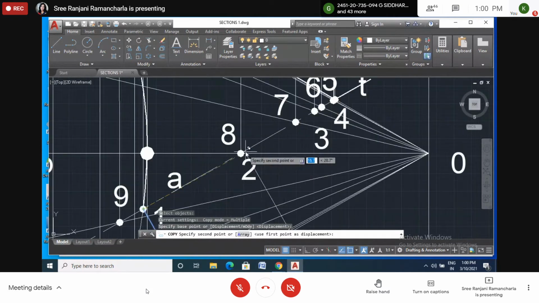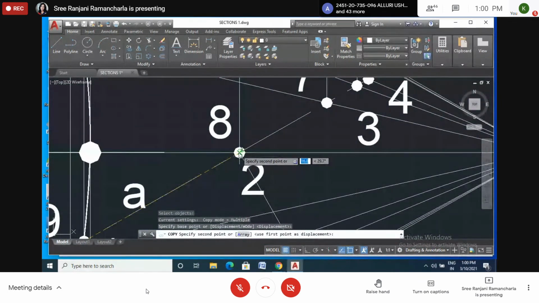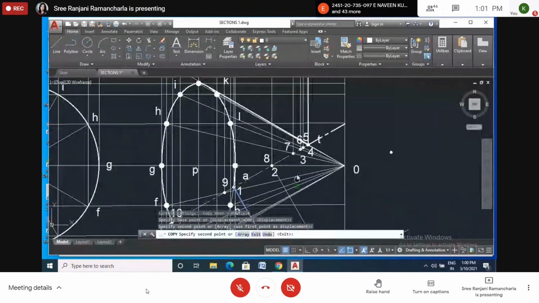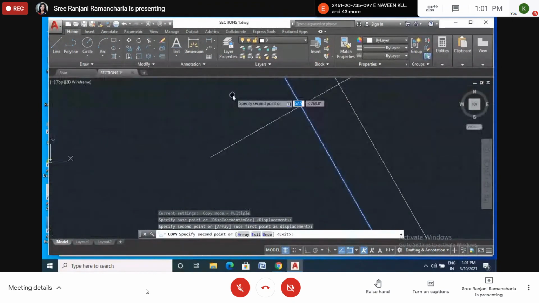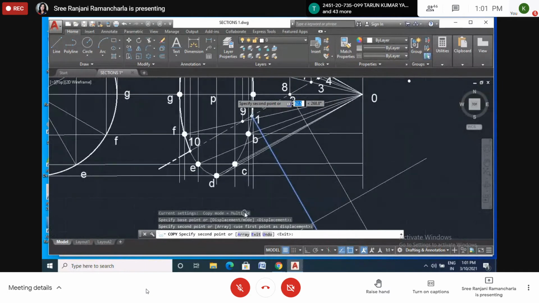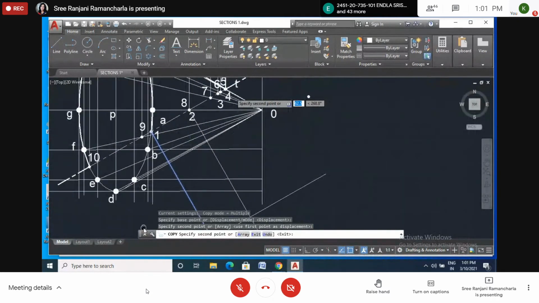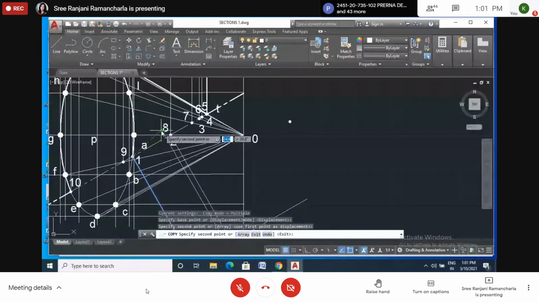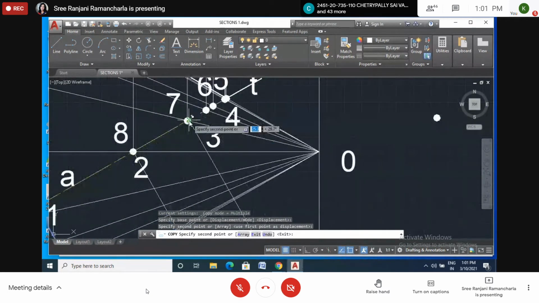Now where is point 2? This is point 2. Are we drawing in the correct way? Yes. This is point 2. Point 3, this one or this one? This one is point 3.